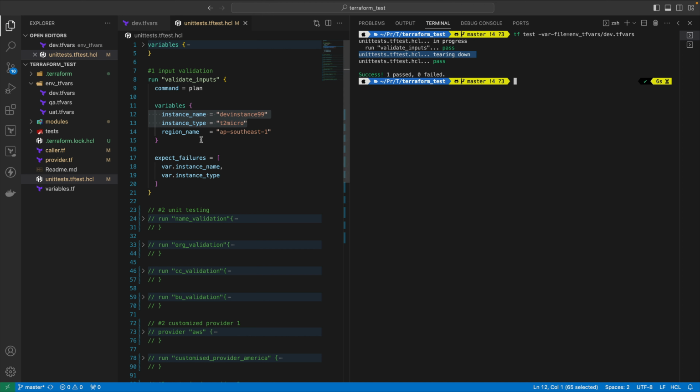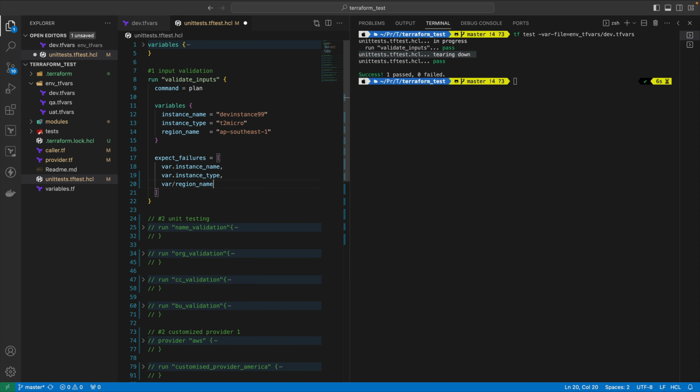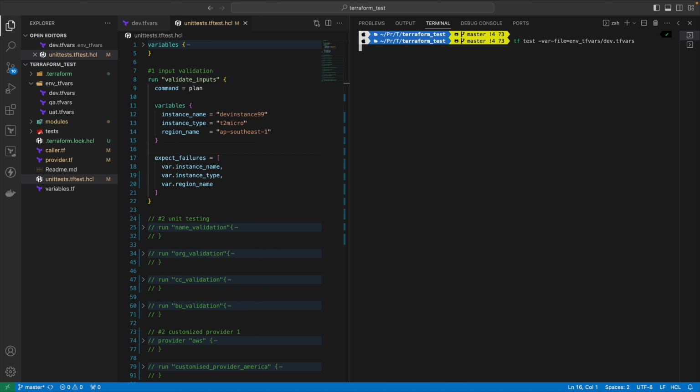Got it? So say I specify region_name, which is correct, but I want to specify var.region_name in expect_failures. I will get an error, even though the region name I gave is correct, right? So here, if I run the same test case,